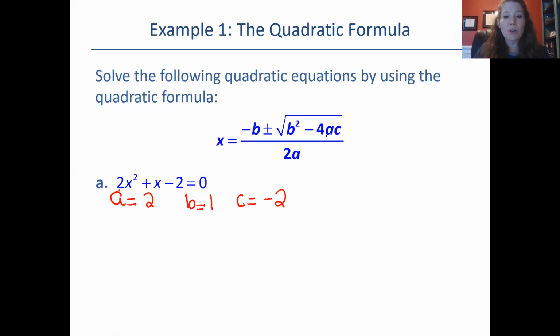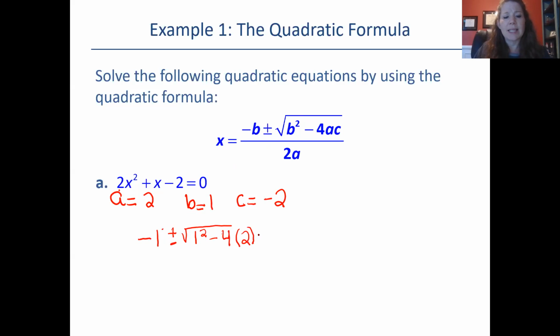So when you have the quadratic formula, you just plug these numbers in exactly the way it tells you to. Negative b always means the opposite of b. Since b is +1, the opposite of +1 is -1. We're always going to take the positive and negative square root of b squared, so since b is 1, we're going to square 1,